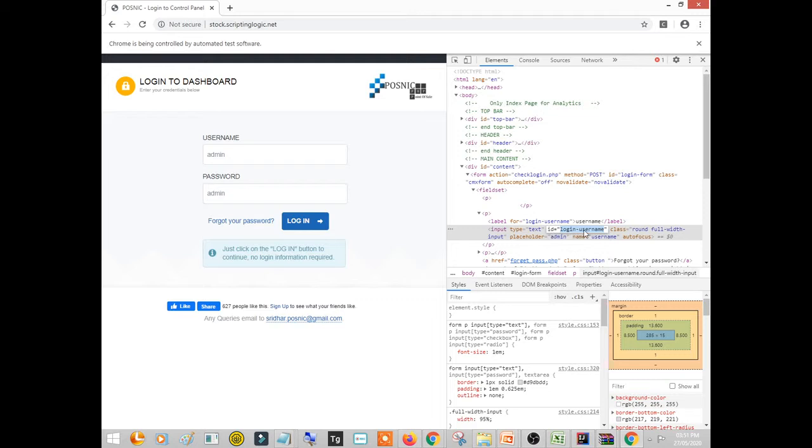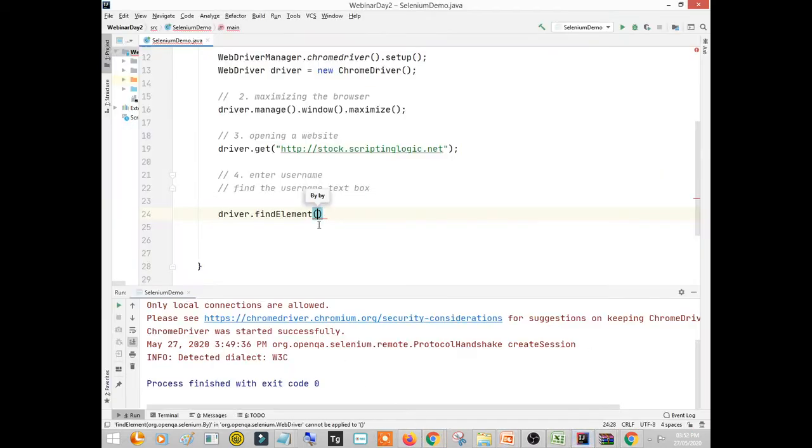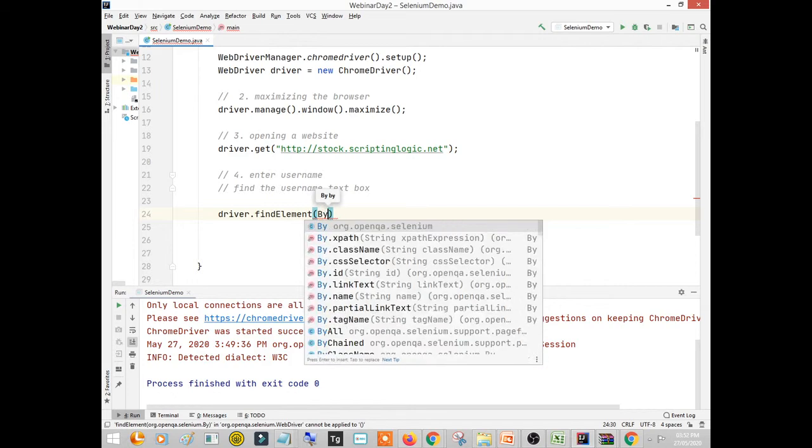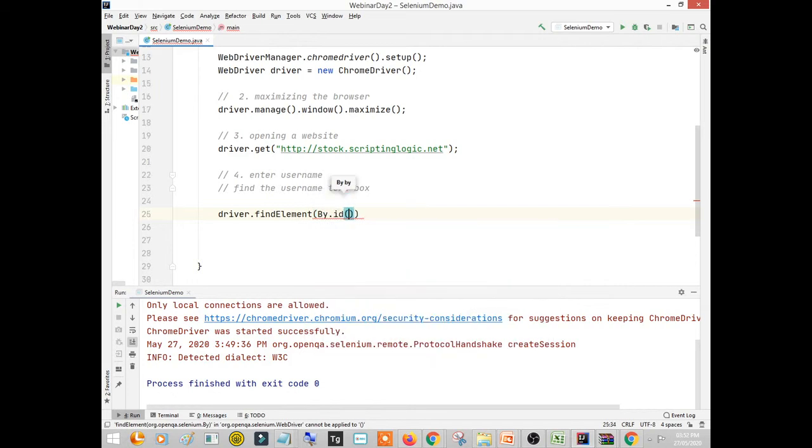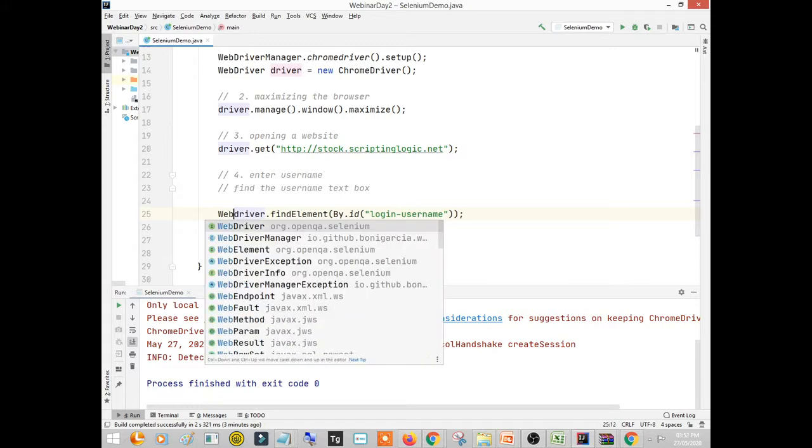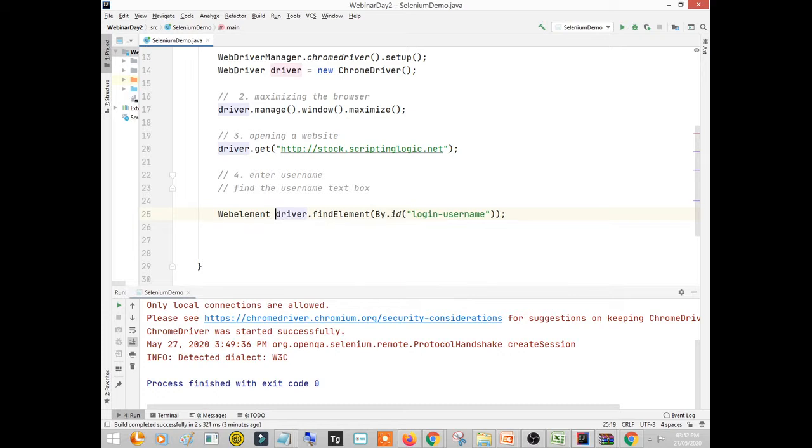So I'll copy this ID. I have already said driver dot find element, let's say by dot ID, and this is the ID. As this is a web element, I'll store it into a WebElement variable.